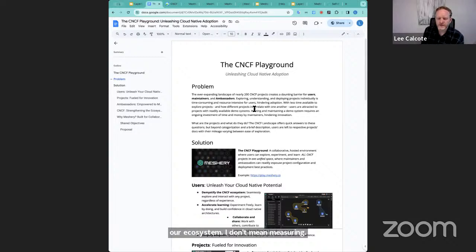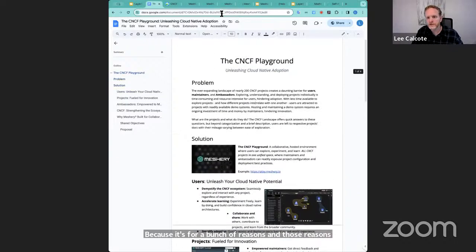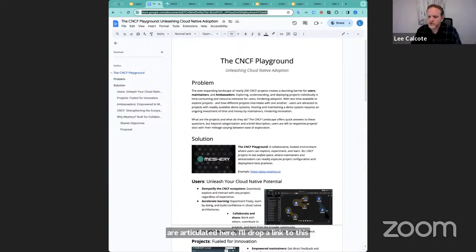The CNCF is considering hosting another playground instance and running it as the official CNCF playground for all the projects. Because it's for a bunch of reasons, and those reasons are articulated here. I'll drop a link to this. And so in order to get us there,